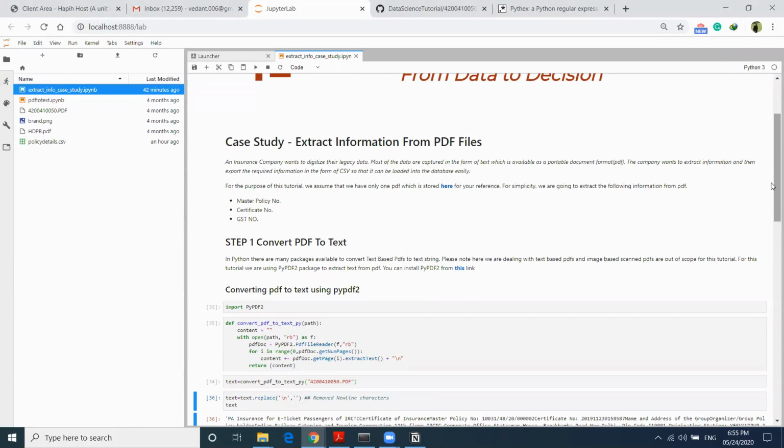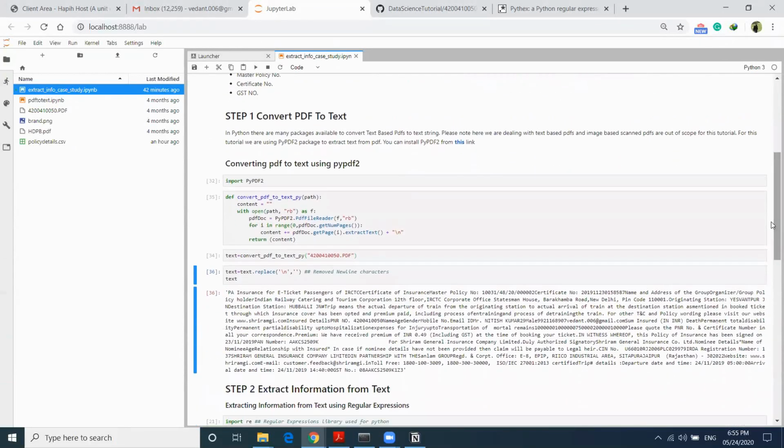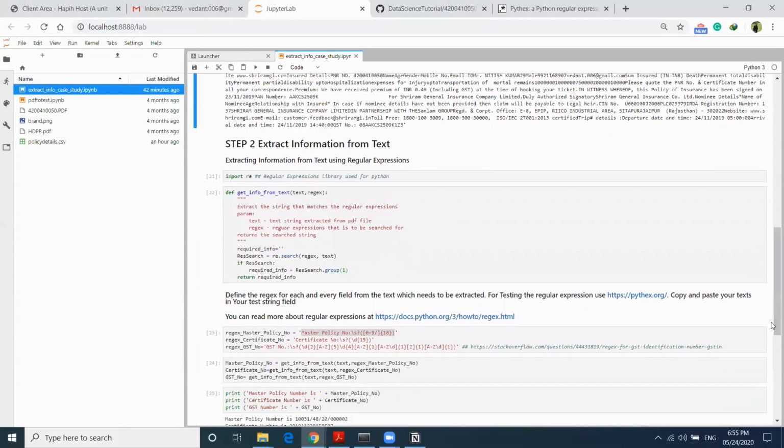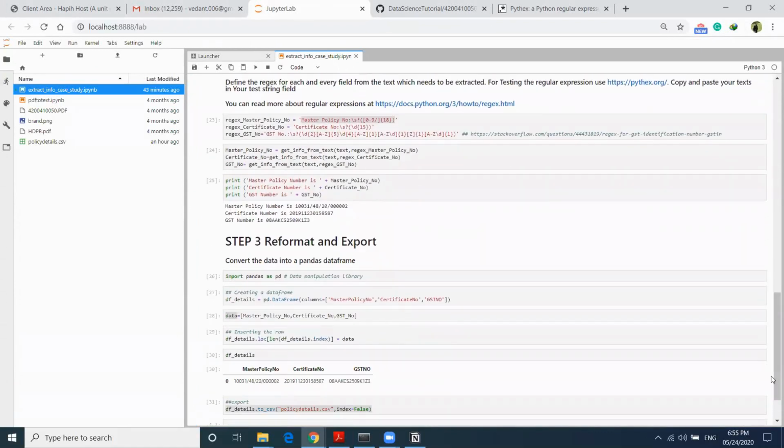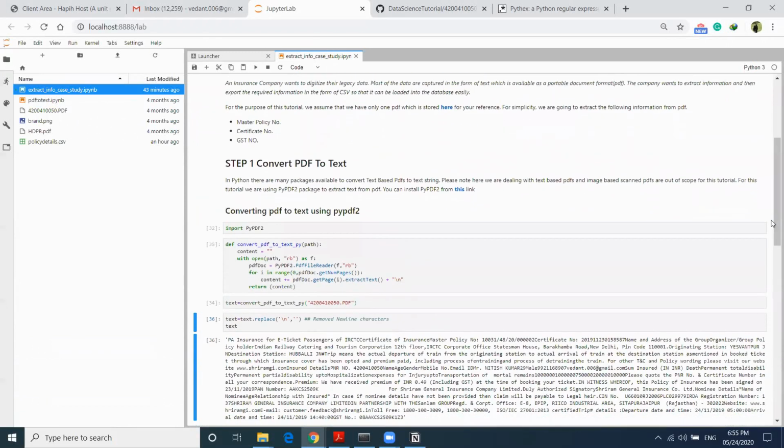So once we extract the text from PDF files, the next step will be to extract information using a regular expression. The third step will be reformatting the data in the form of a data frame and then exporting it as a CSV.